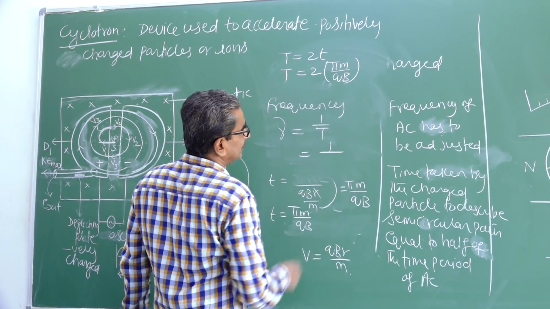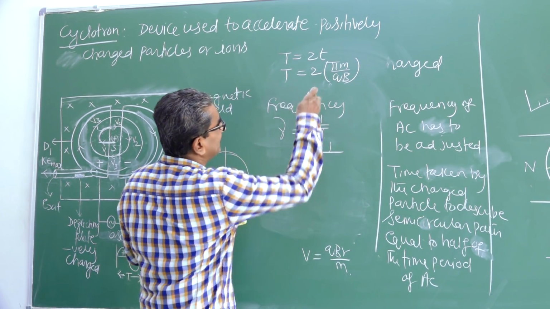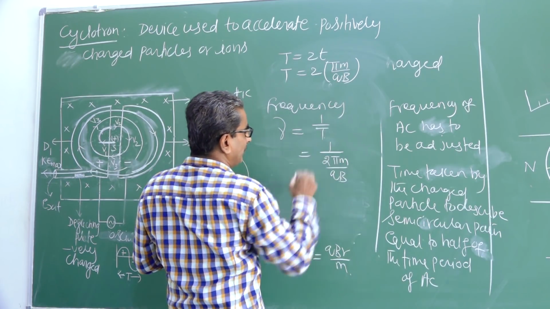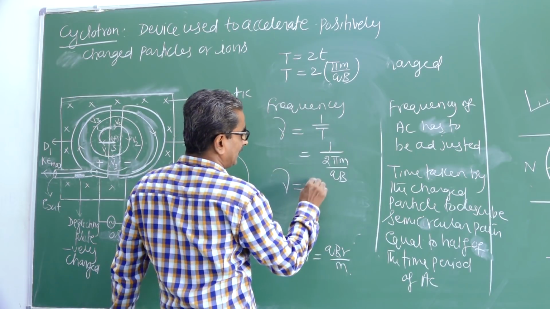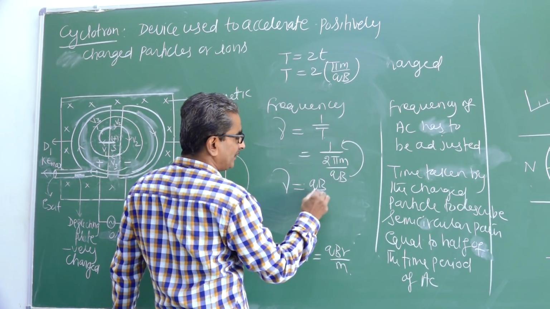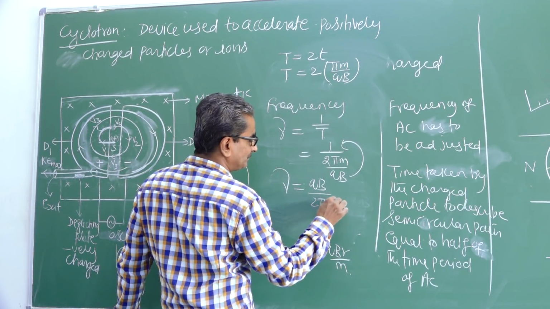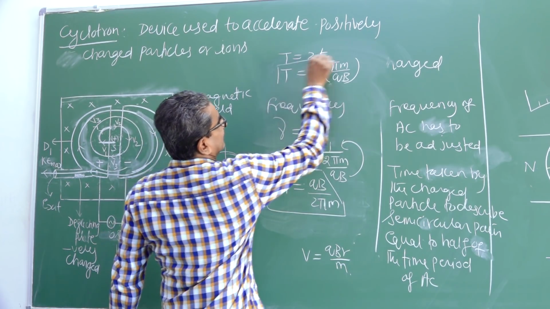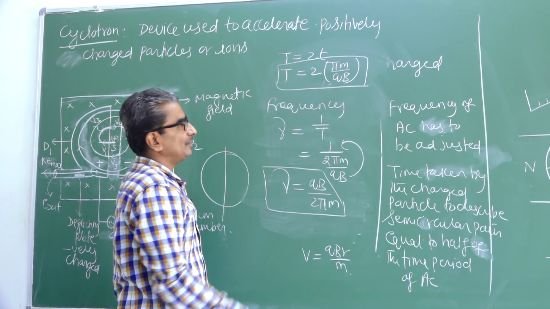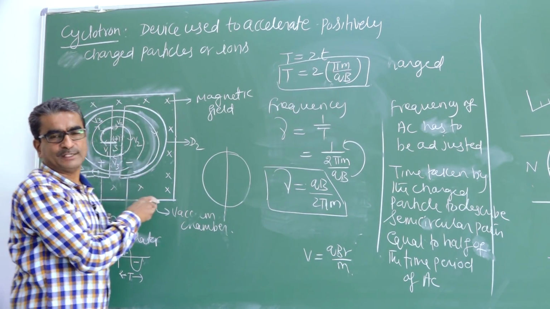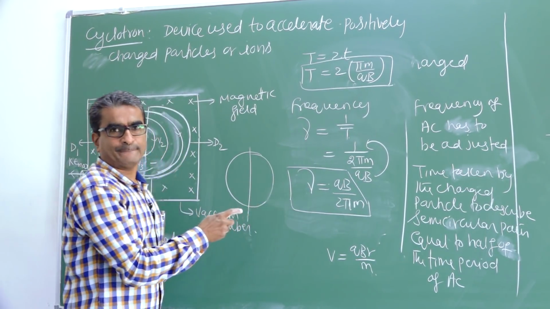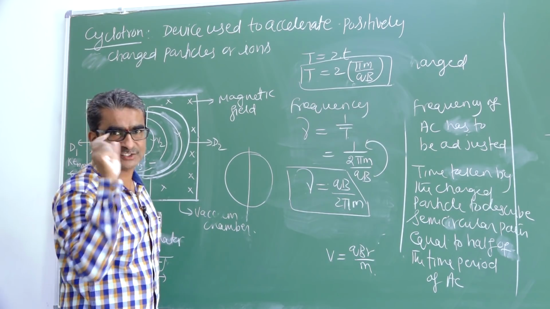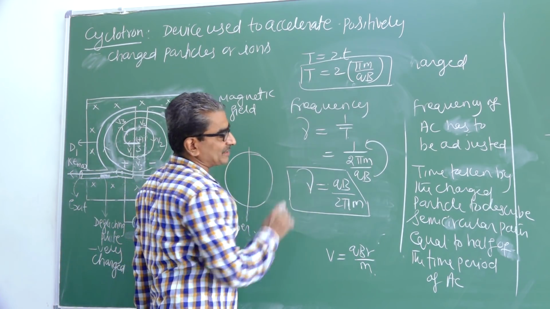Then what do we get? 1 by T, where capital T is given by 2 pi m divided by QB. So QB goes to the numerator: nu equals QB divided by 2 pi m. Just observe this equation and also the other equation. One is for the period, the time taken to complete one circular path. The other is the frequency, the number of revolutions made by the charged particle in 1 second. In both these equations,